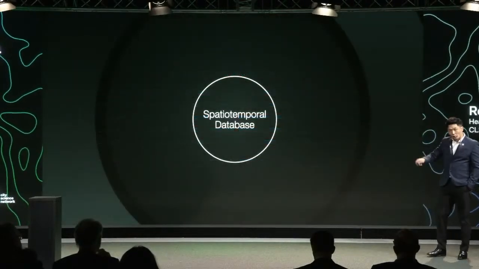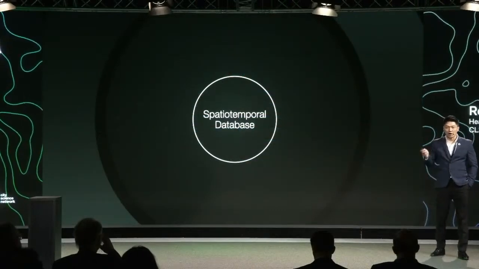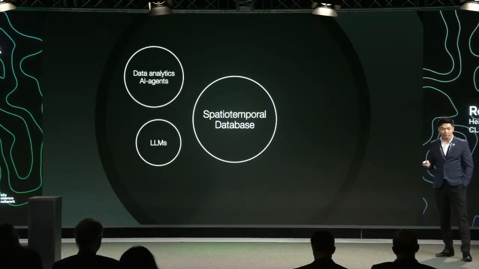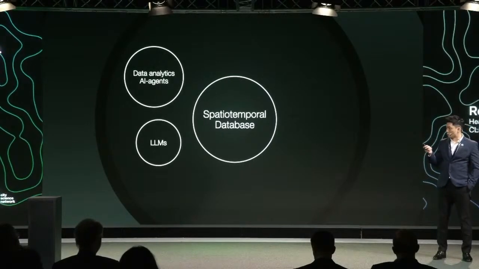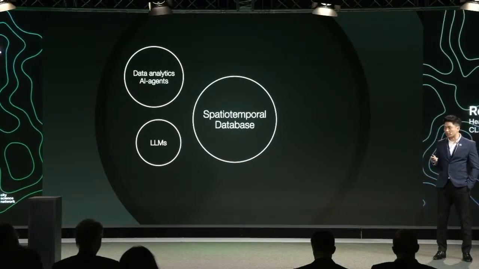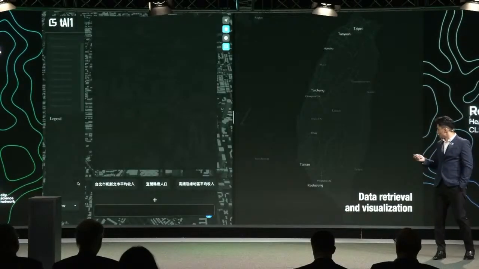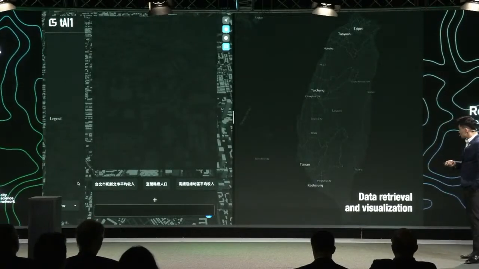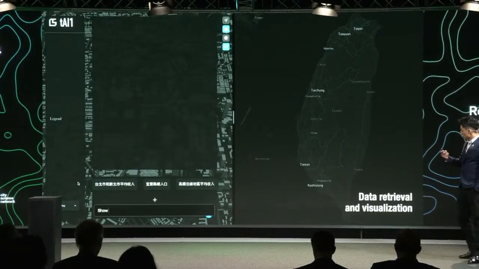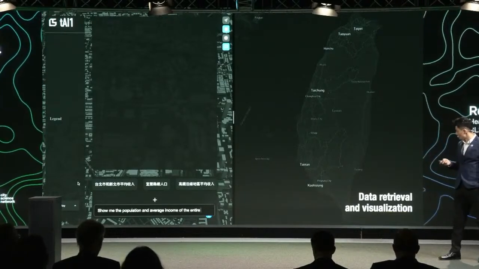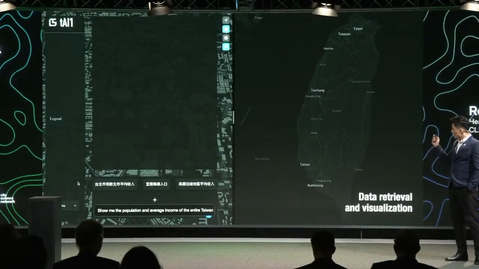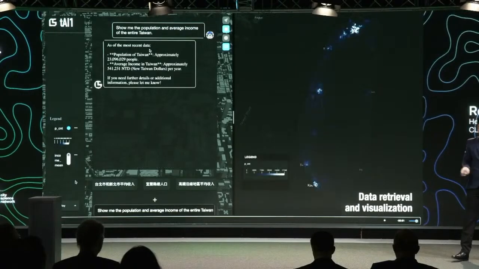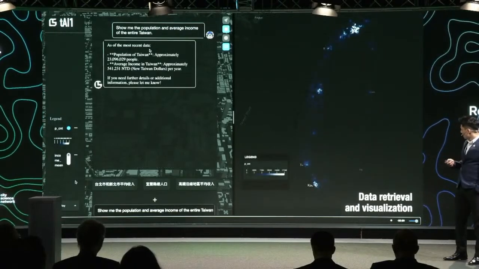So with that database, around that, we build modules of AI functions or machine learning functions, such as an agentic AI framework, which incorporates large language models to automate some of the urban analysis work. Let me demonstrate this, TAI1, Taiwan code name. We can do natural language input, like show me the population and average income of the entire Taiwan. Then the AI agent working in the background retrieves from the database and plots them on a map. All of this is automated in the back end by AI.